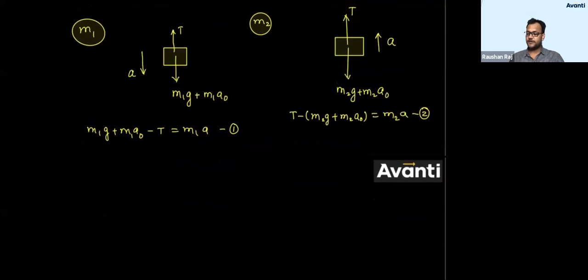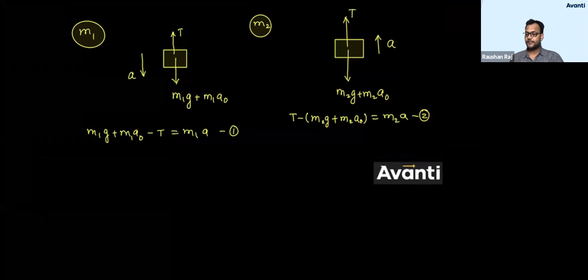Tell me, children, what will be the value of T? Tell me quickly. Because the main aim here is what? Find the tension here. If you get the value of tension, you'll get the value of Fs. If you get the value of Fs, you can say Fs is nothing but K into X. X will be Fs divided by K. Come on, guys, give me the answer.